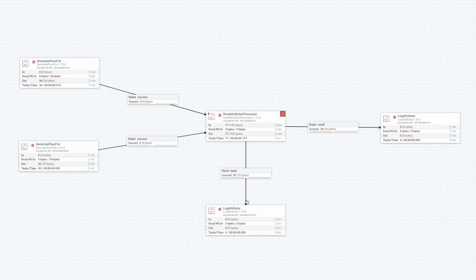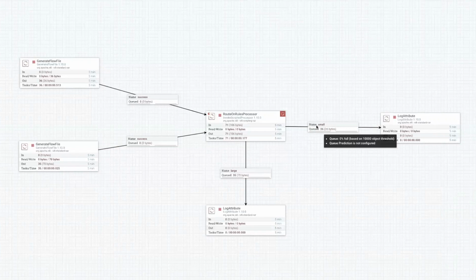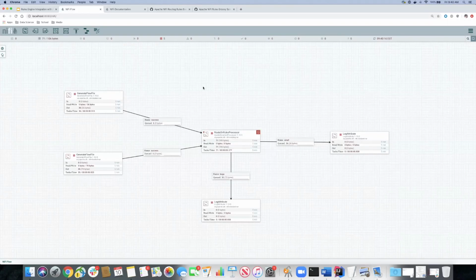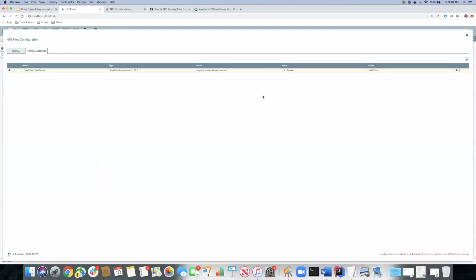And then finally, we have the downstream components that very simply have just a LogAttribute. Just focus on the particular relationships that are defined for this processor, small and large. And remember that correlates with the rules that we have defined, or the routing information that says, hey, if we have one of a certain value, the relationship should be small, otherwise it should be large. So just to dig in a little bit, let's see how we have first the